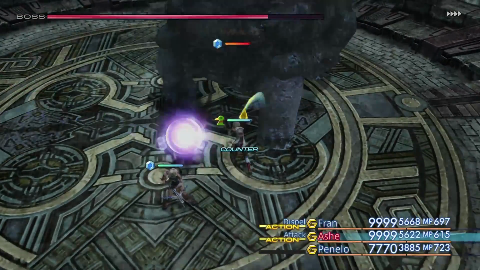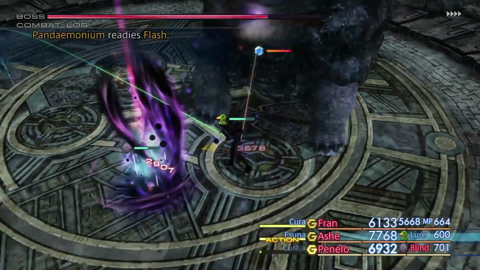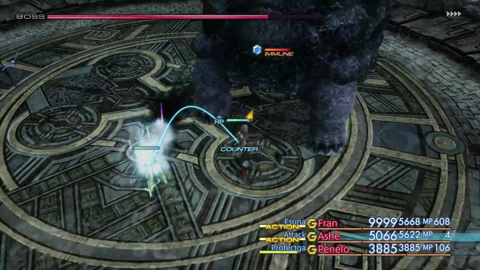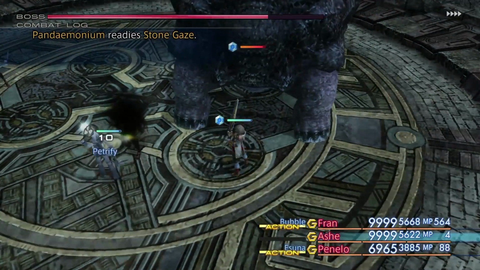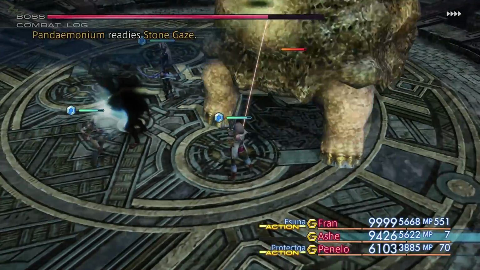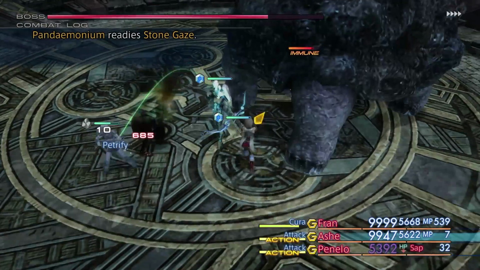Just keep going. Trying to let it die. She keeps getting invert cast on her, which is rather irritating. Unfortunately, he does also know Firga, he also knows the Spellga, so we're gonna spend like 90 hours apparently here. Please stop. The Shadowseer is no longer immune to things, but we of course still don't want to hit him because if we do,